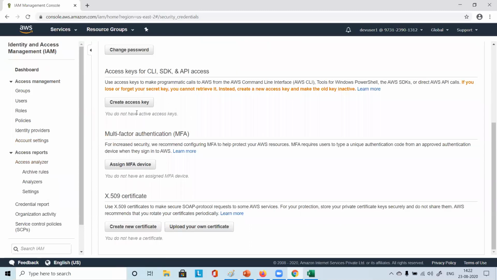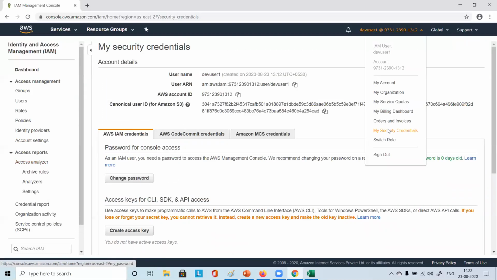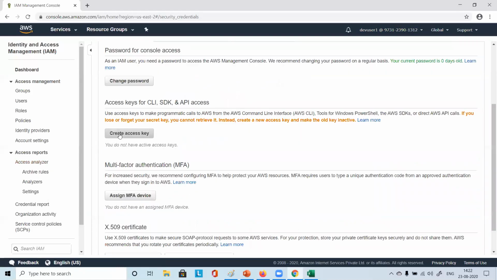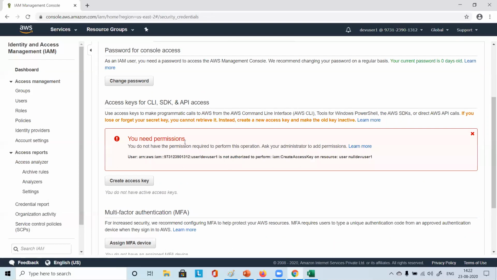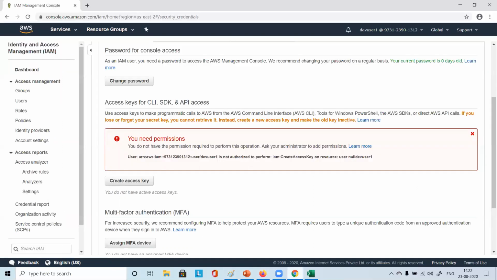So you can see here, create access key. When you go to that user, go to security credentials, you see create access key, right? This is where it is. You just click on create. You need permission. So the create access key permission has not yet come. What we have done so far is we have given it to that group or something. We need to check whether it is assigned or not, right? So this permission